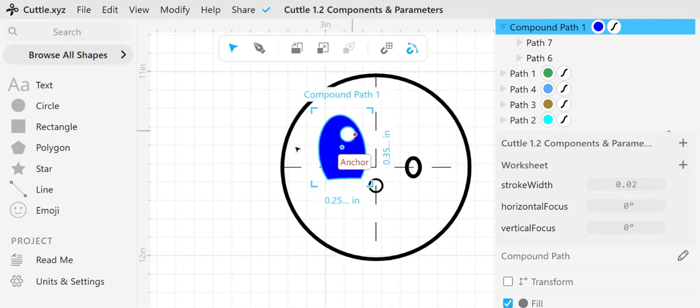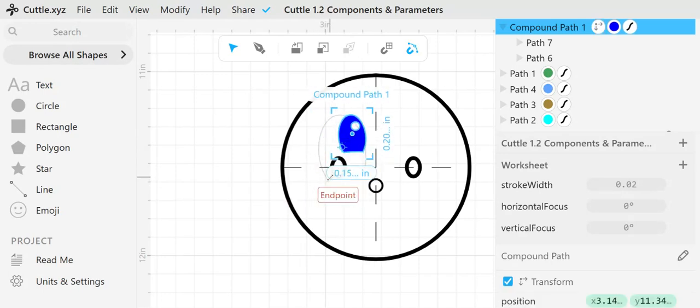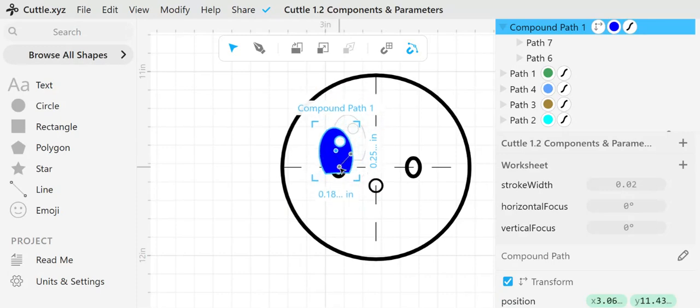So that is my eyeball, and it is kind of big, so let me see if I can just make it a tiny bit smaller. Okay,